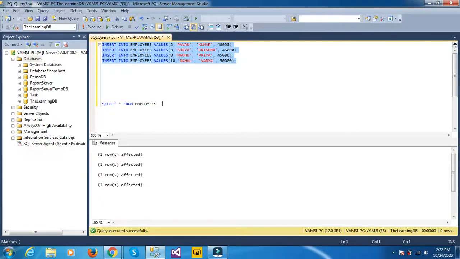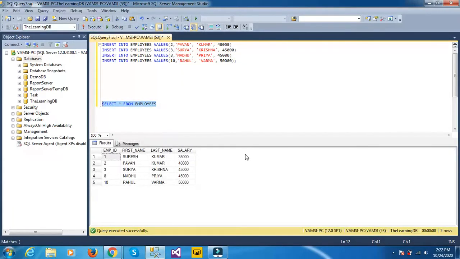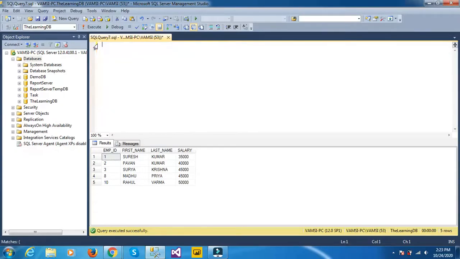Now select, check whether the data is inserted or not. Select star from employees. Totally I have 5 rows in my table. This is how we insert data into our table. Now let's see what the conditions are and how we work on these tables.